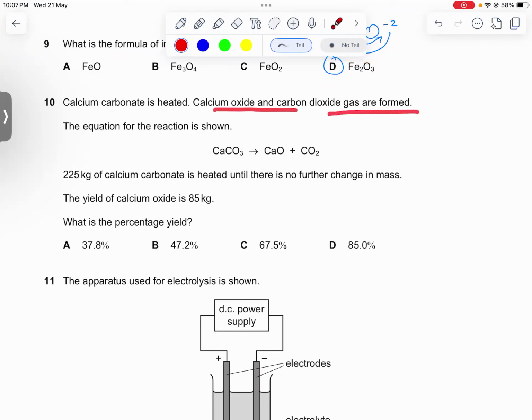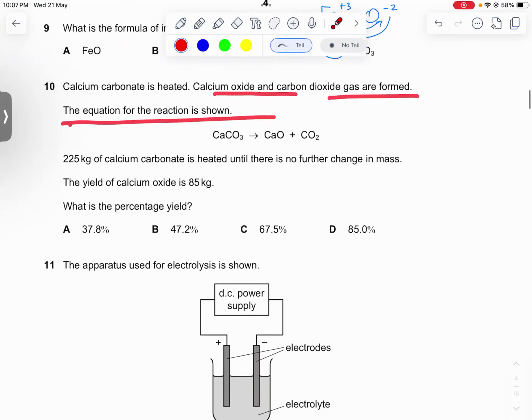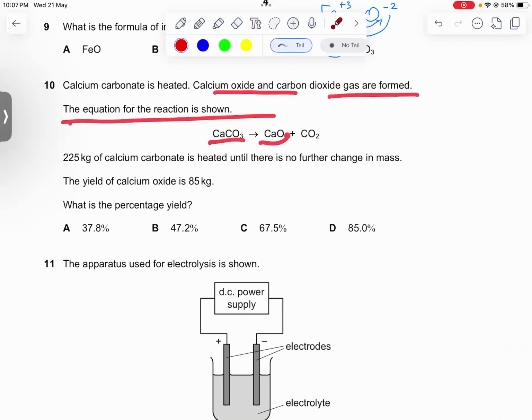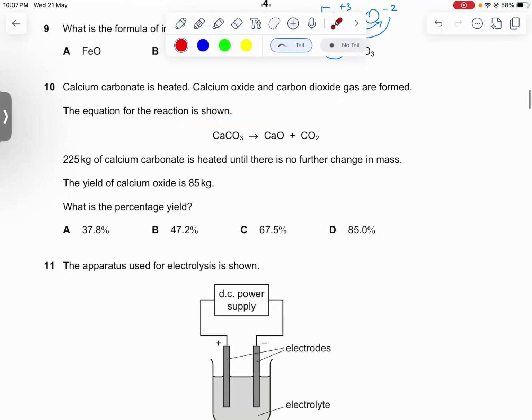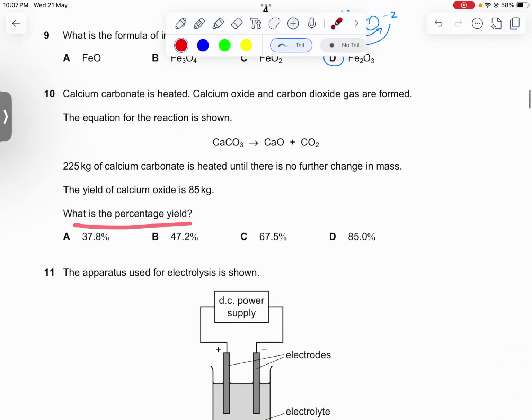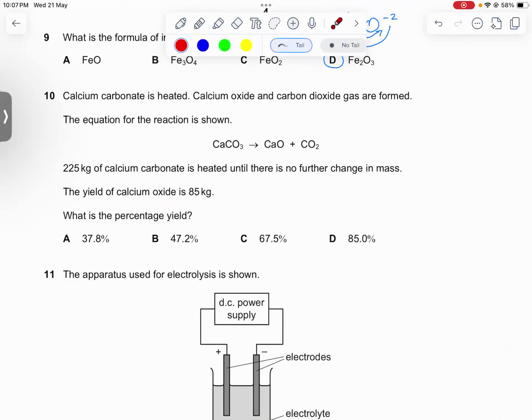Okay. Next question. Calcium carbonate is heated. Calcium oxide and carbon dioxide gas are formed. The equation for the reaction is shown. CaCO3 gives CaO plus CO2. 225 kilograms of calcium carbonate is heated until there is no further change in mass. Okay, the yield of calcium oxide is 85 kilograms. What is the percentage yield? A very good question of percentage yield. We know percentage yield is